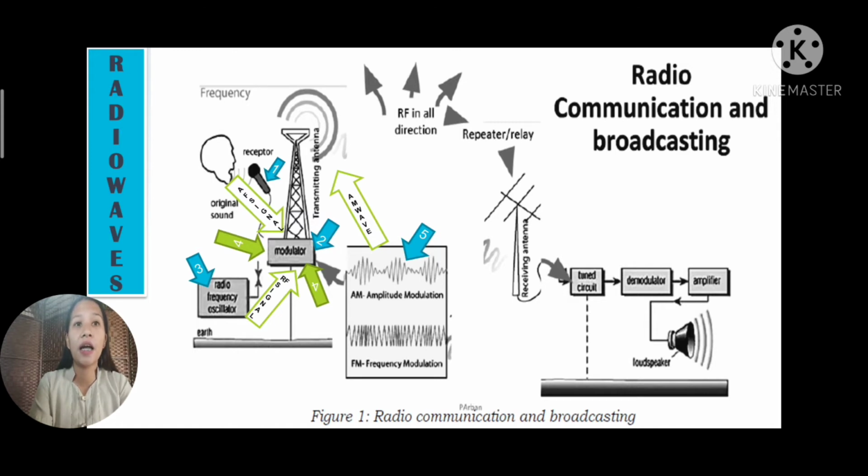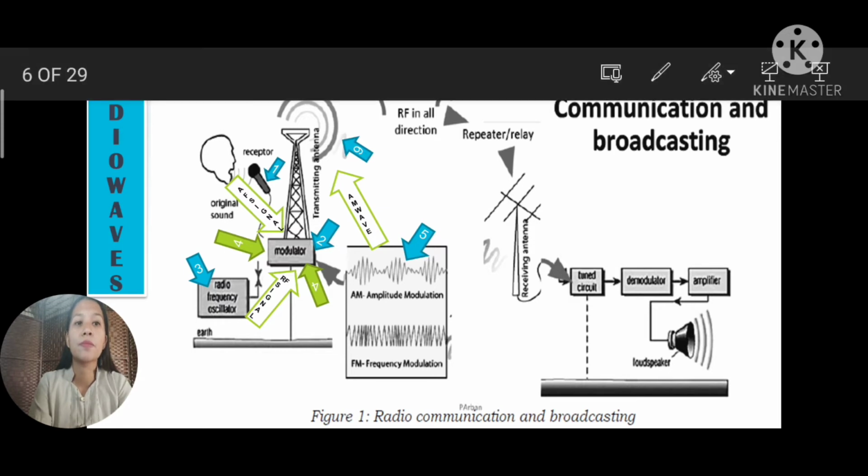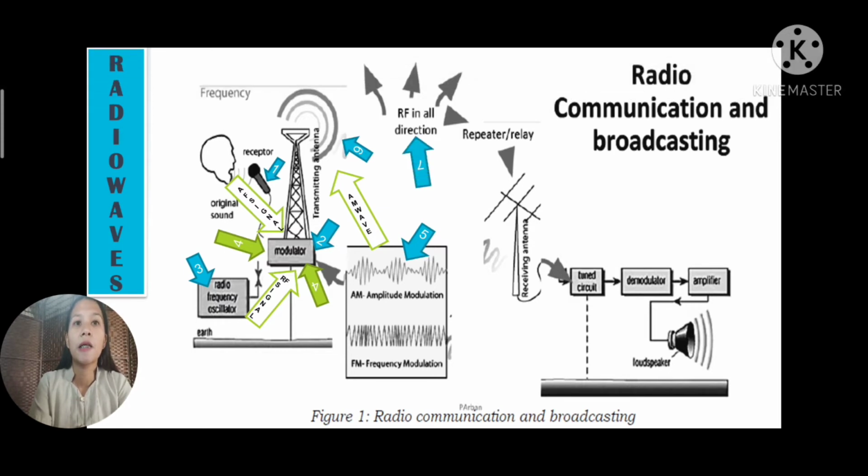The changing current in the antenna generates radio waves that travel in all directions. Thus, radio waves, which have a wavelength of 1 meter to 10,000 meters, need a relay or repeater antenna